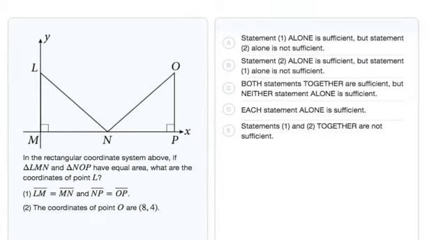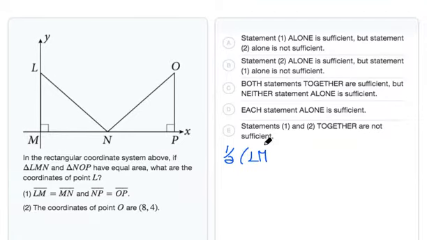To solve this data sufficiency question, we'll consider each statement separately first, then together if needed. Before the statements, we need to determine the coordinates of point L, given the right triangles LMN and NOP have equal areas. Since the areas are equal, it follows that 1/2